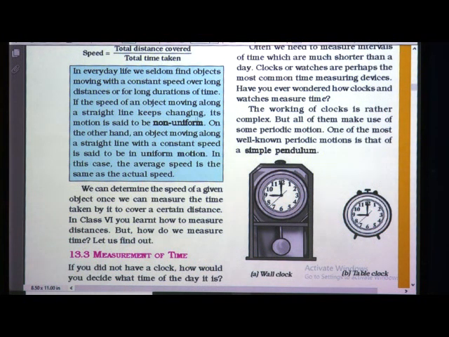That is why we can say the average speed is exactly the same as the actual speed. In non-uniform motion the speed can increase and sometimes decrease, but in uniform motion the speed is going to remain constant. Whatever the duration, whatever the distance, that speed remains constant. That is why average speed and actual speed can be the same here.